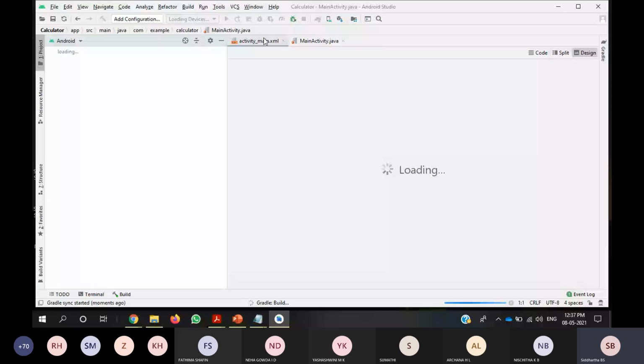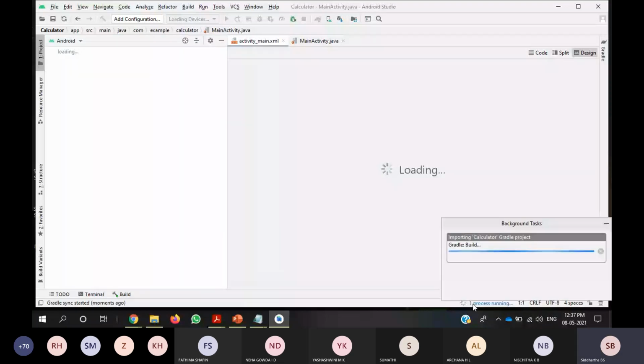It takes time to build the Gradle. Still the background process is running, so let's wait.